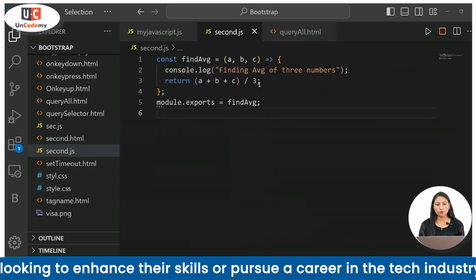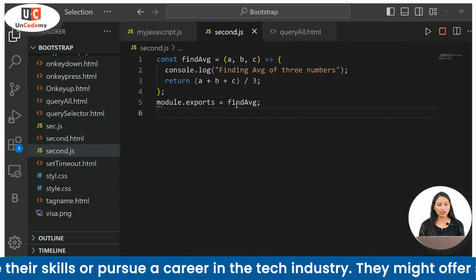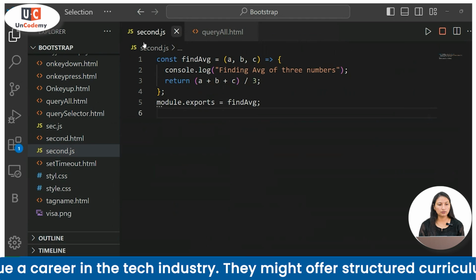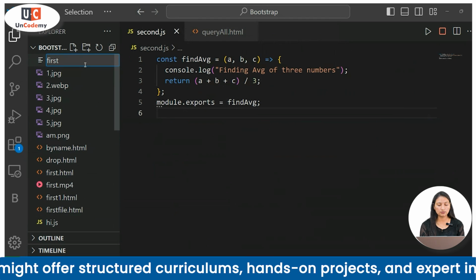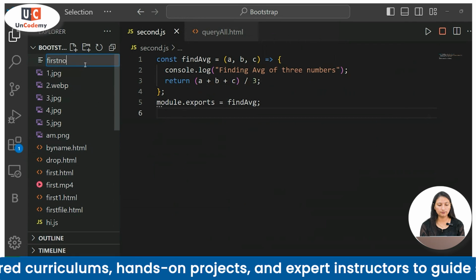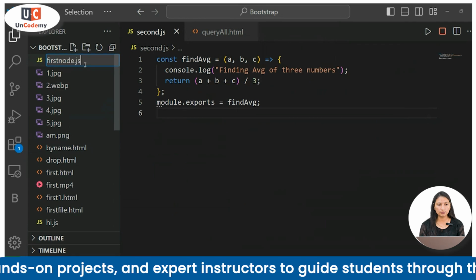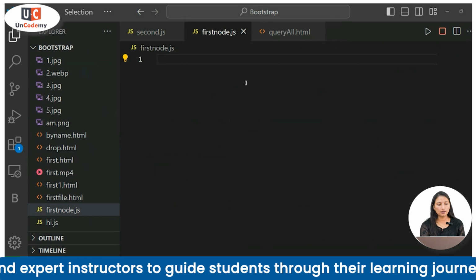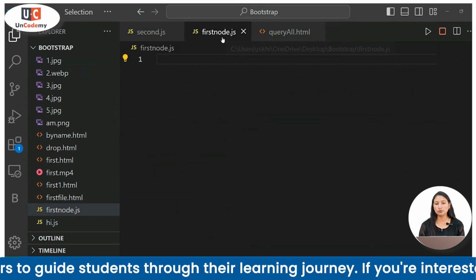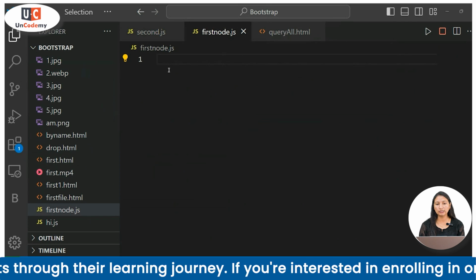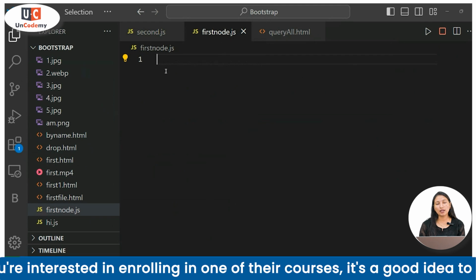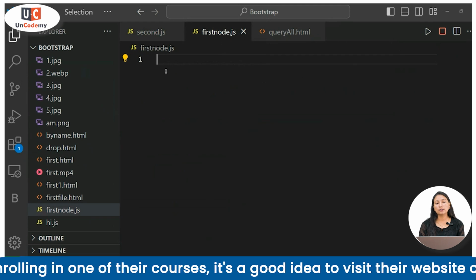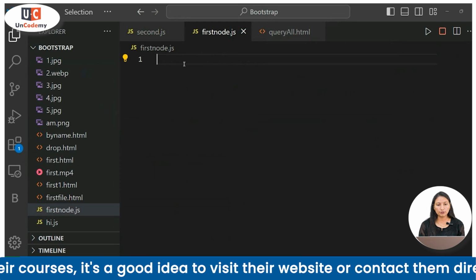So for example, I have a different file, first.js, first node.js, correct? And in the first node.js you have to use the require function, and in the require function you have to use the custom module.